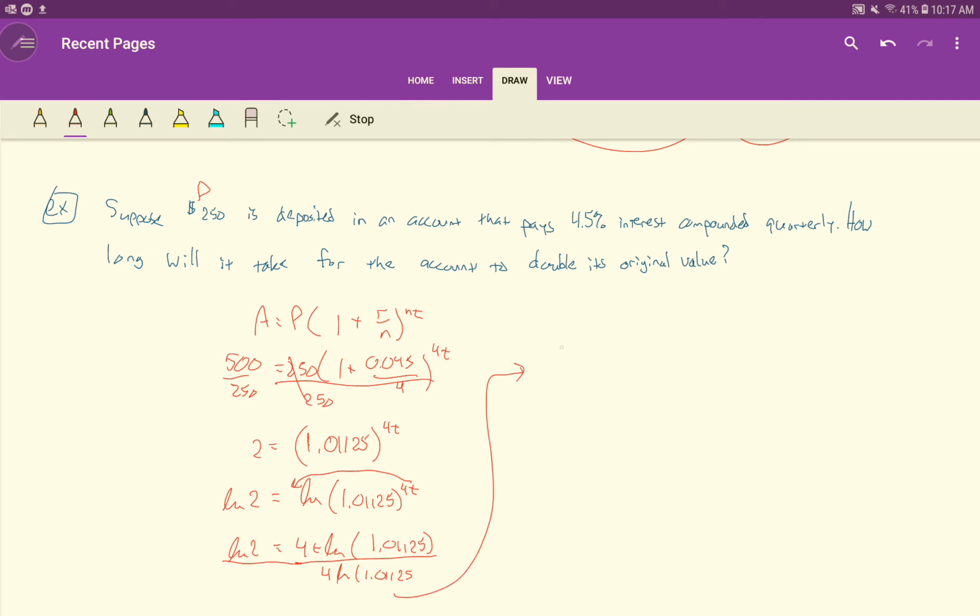And so then I get t is precisely the natural log of 2 divided by 4 times the natural log of 1.01125. When you type this in your calculator, please make sure you put parentheses around the denominator, otherwise it will not evaluate it correctly. Natural log of 2 divided by parentheses 4, natural log of 1.01125. And I get approximately